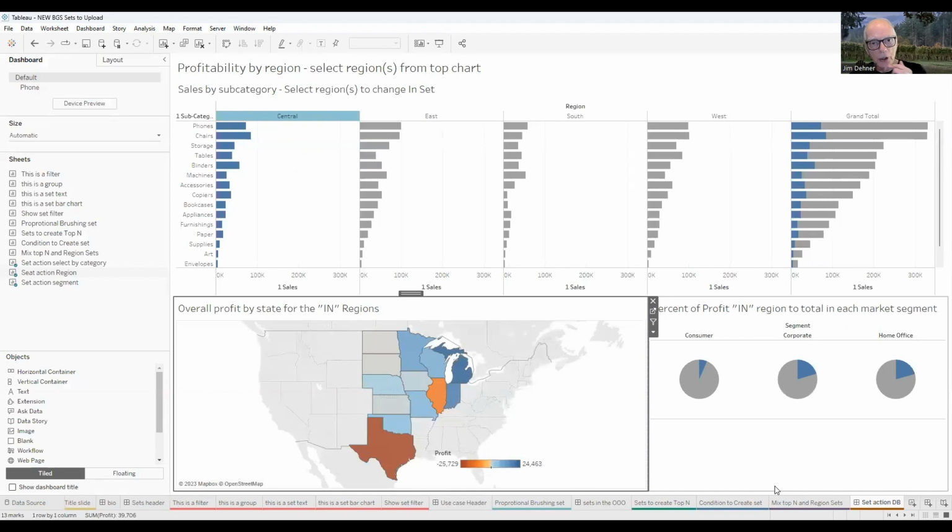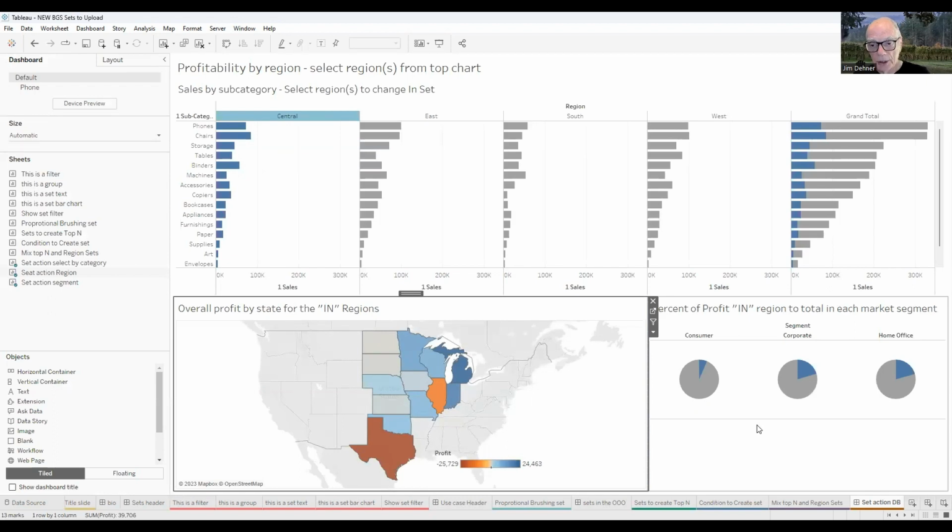This example uses sets and set filters. It's driven off this top chart here. I've created a bar chart, and in here I've got the 4 regions, just like we were looking at, and we were looking at sales by category in the 4 regions. And I use the set created by this region to drive what we see in this map and also to drive what we see in